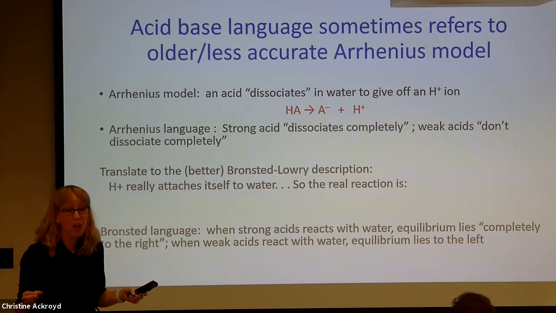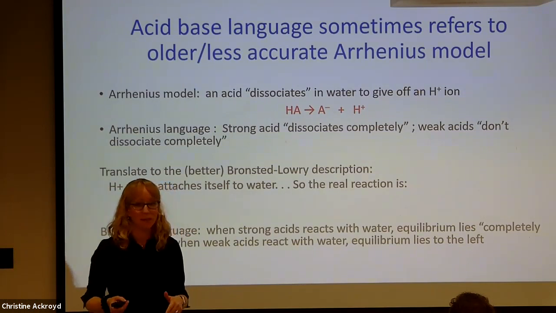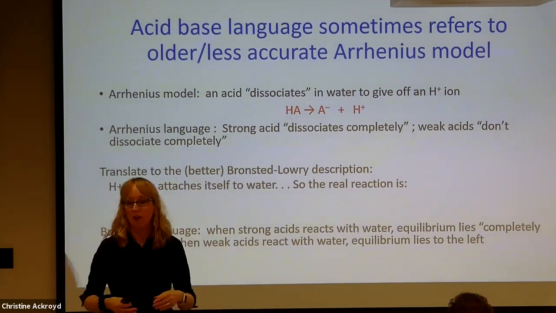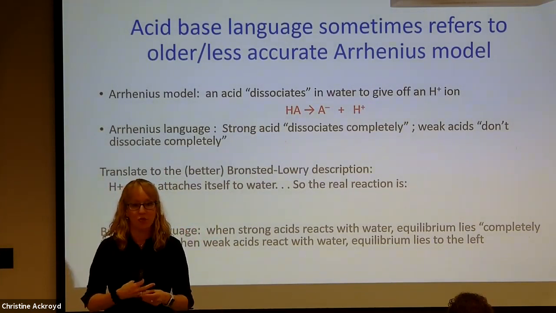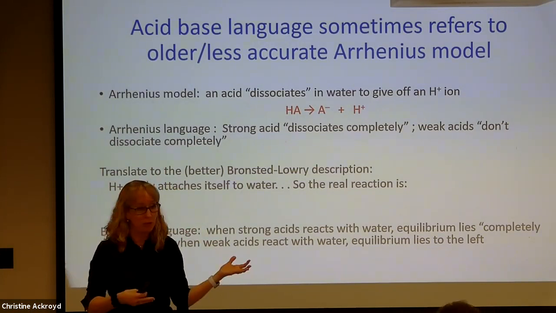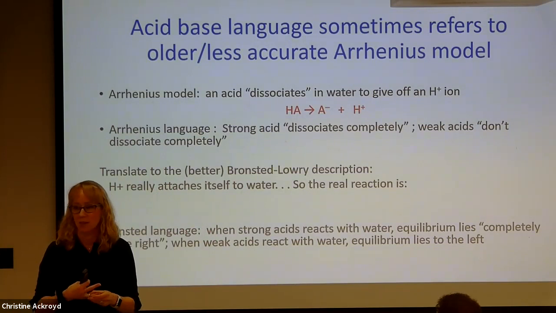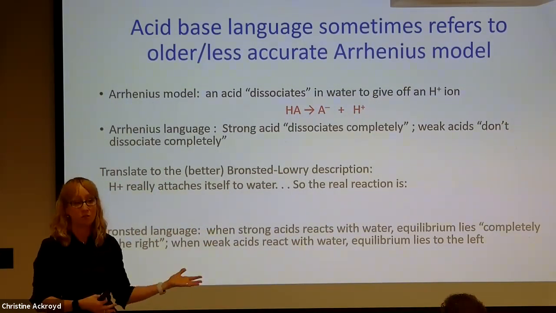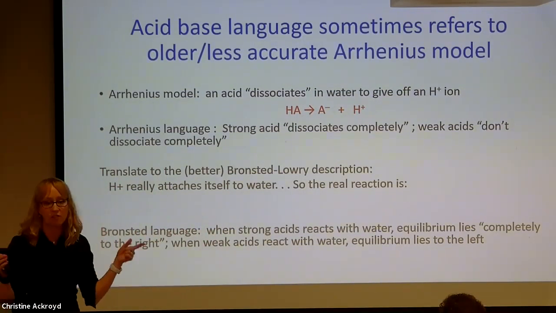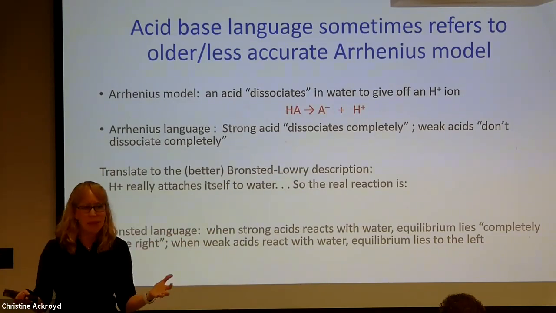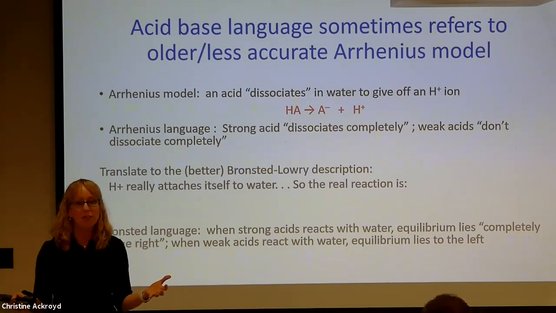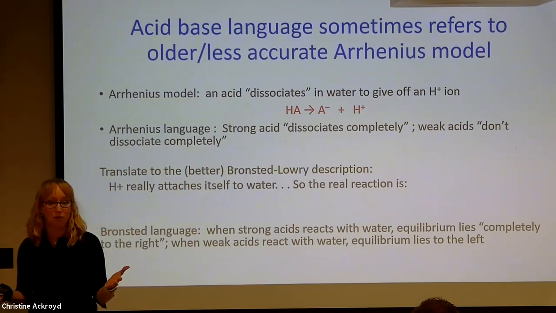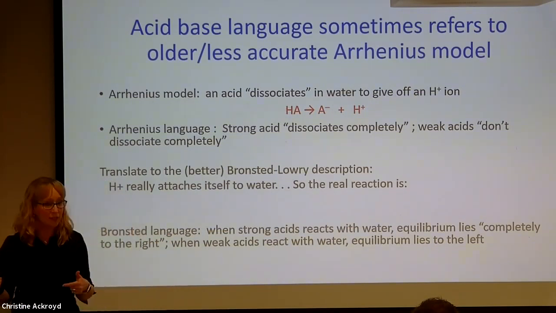Now, Arrhenius also talked about strong bases and weak bases. Not on the slide. When we add a base to water, what happens? So if an acid reacts with water to donate the proton to water, what does the base do? It reacts with the water to take a proton from water to produce hydroxide. That notation, strong versus weak, does that still apply though? A strong base, when it reacts with water, where does the equilibrium lie? All the way on the side of product. A weak base, the left on the side of reactants. Yeah.